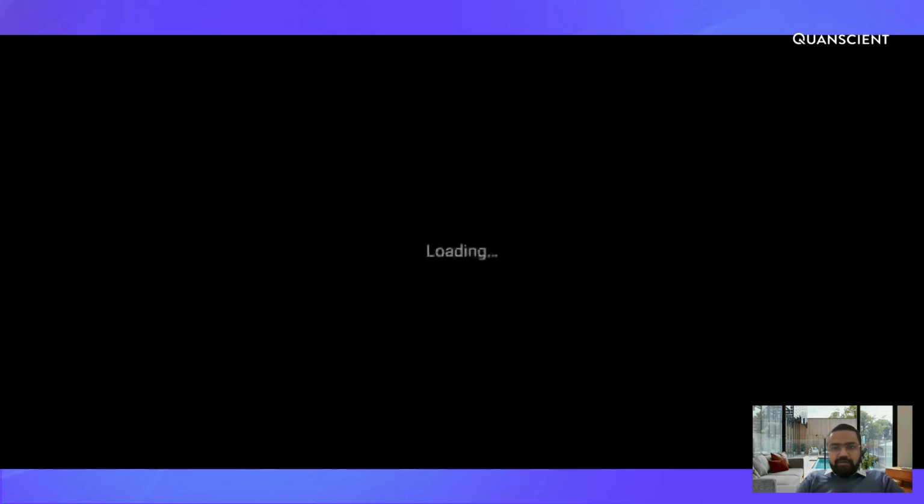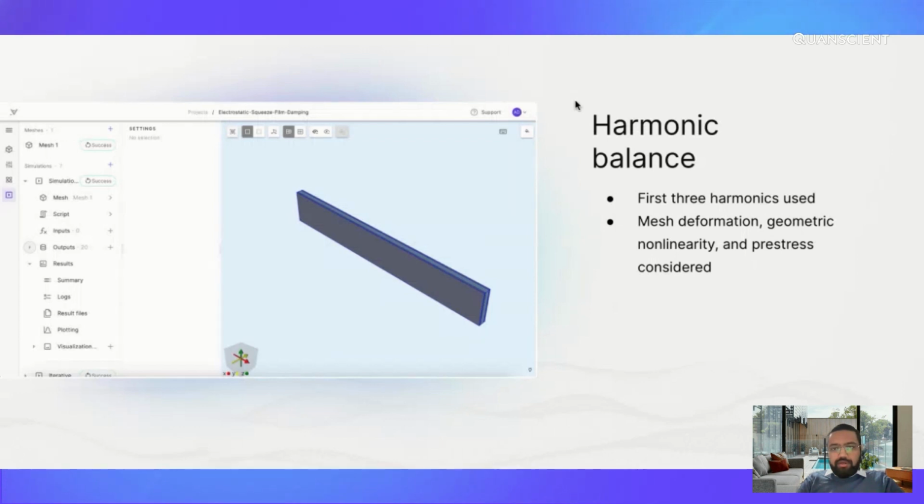In this case we'll use a harmonic balance method as shown by our CTO Alexander. And in this case I would use the first three harmonics. We will have mesh deformation included, geometric nonlinearity, and also pre-stress included in this case. So let's move on to